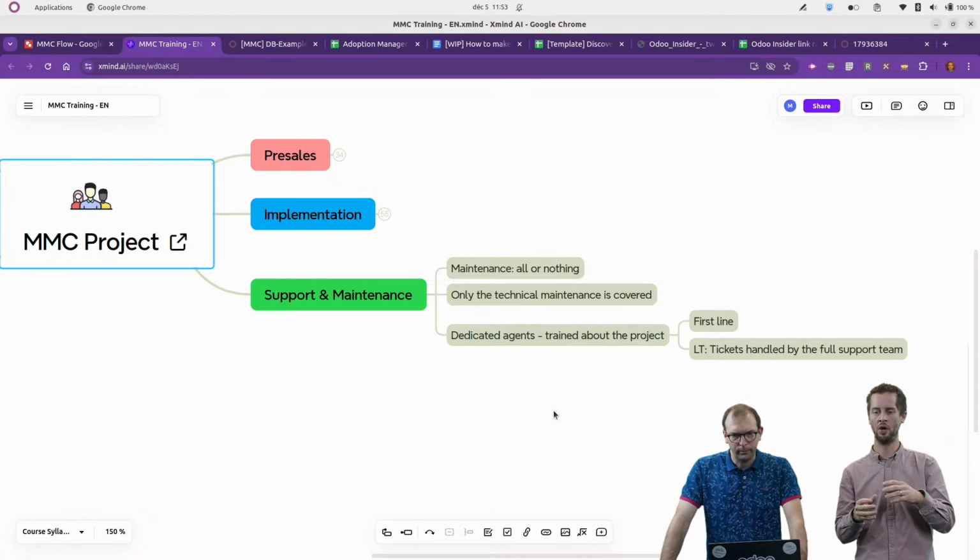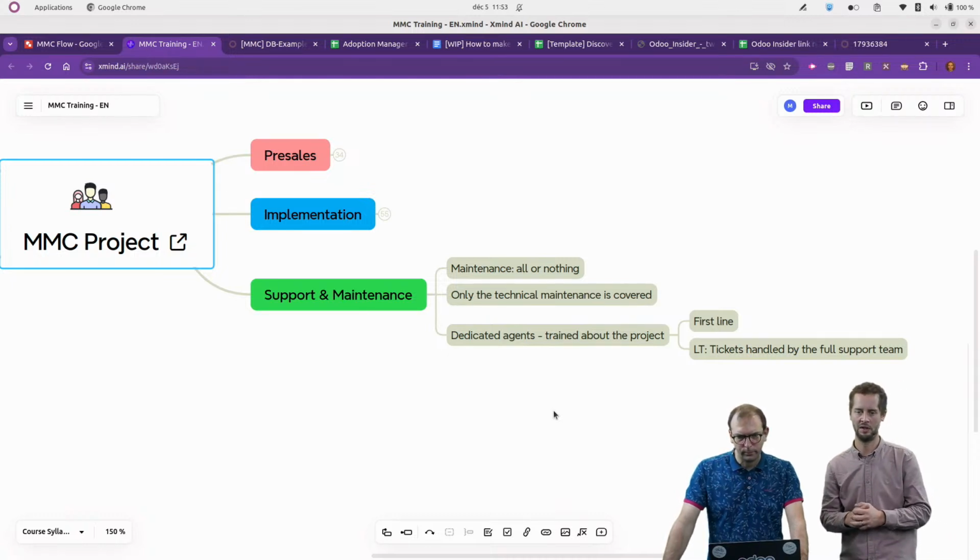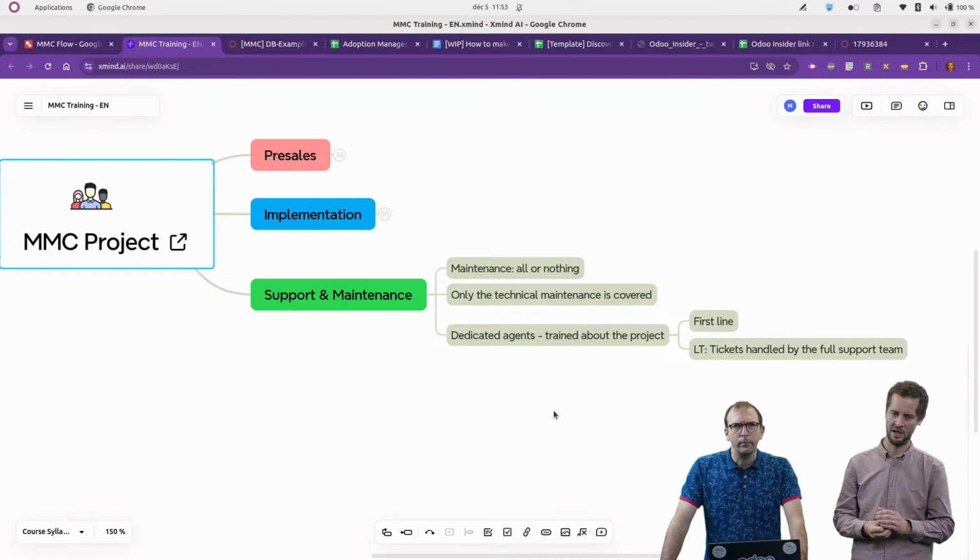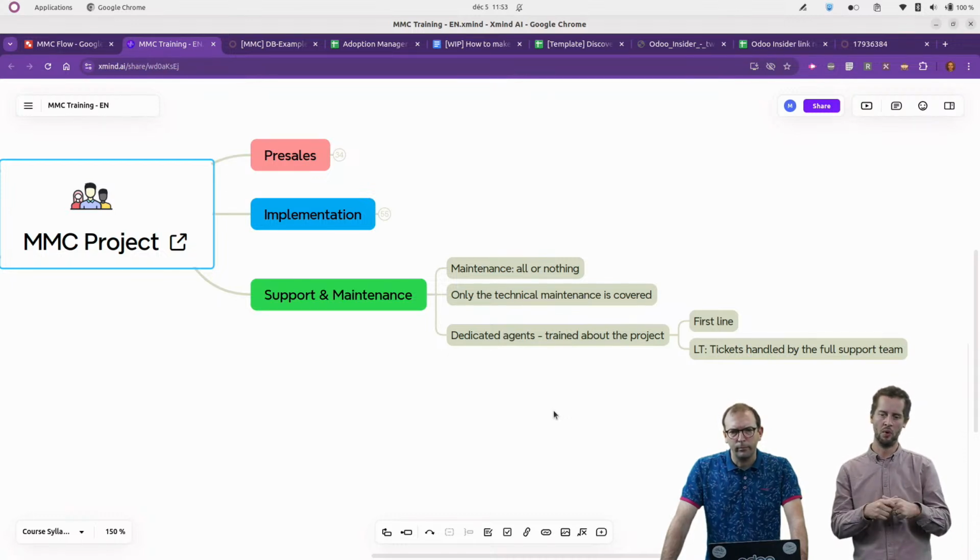But of course, I'll also encourage you to build some maintenance capacity if you're a partner, just to be able to be the first line or the front line of your project and the client, because you will be more informed or aware of what the project is about, and also all the technical details you have implemented. So here you have both ways of handling the